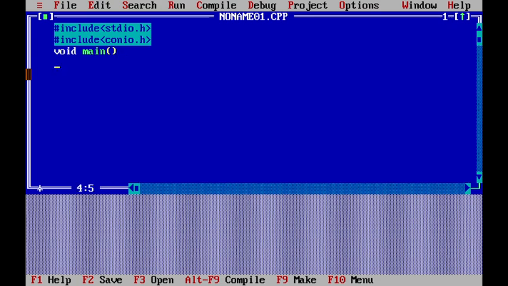Again we require a two-dimensional array, say int A[20][20], and take one more matrix, say B[20][20]. Then we require i, j, row and column.